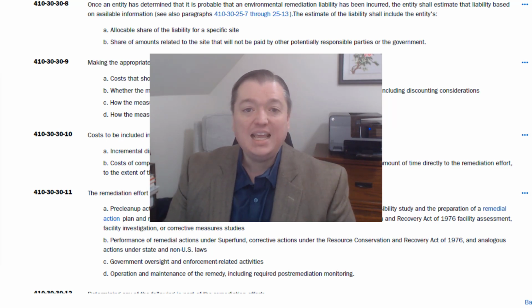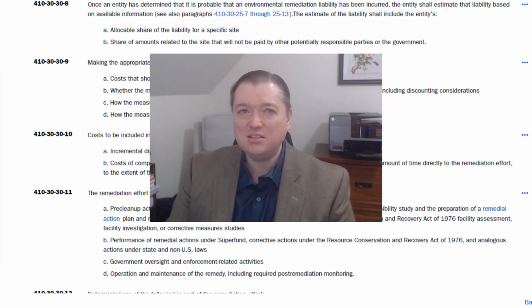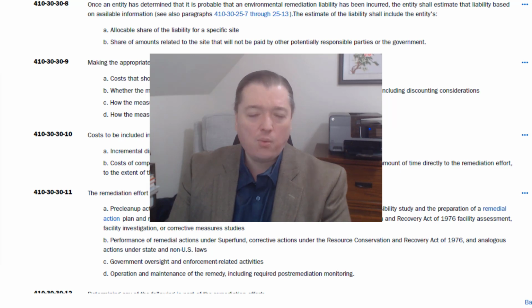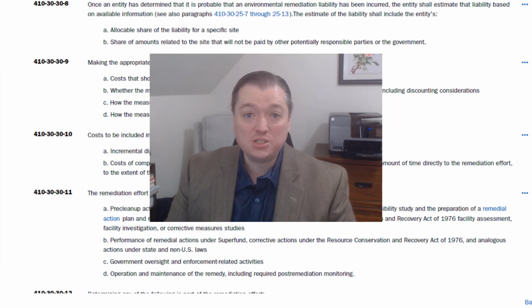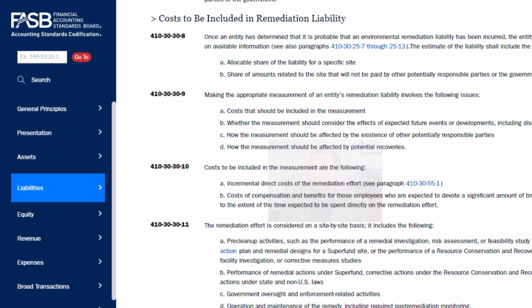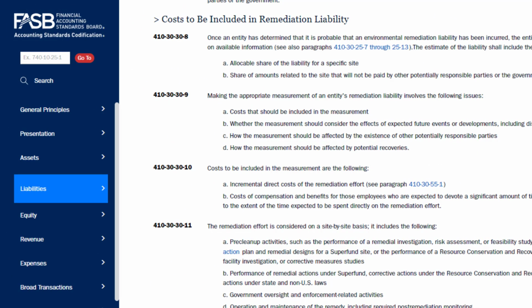In this section, we're going to look at a not as useful tool, but one that you should still be familiar with, especially as you're just getting used to FASB's logic, and that is the search feature. So let's go back to the ASC and jump into our discussion. FASB includes a search option in the ASC. It's not as effective or efficient as walking through FASB's logic, but it can work,